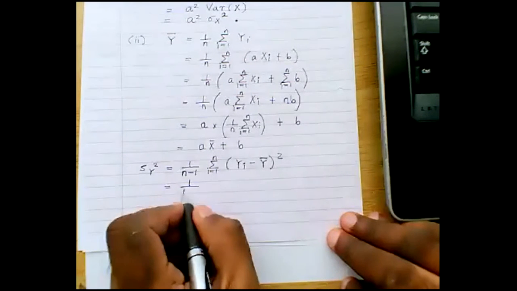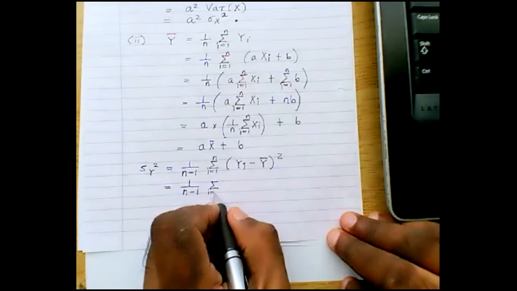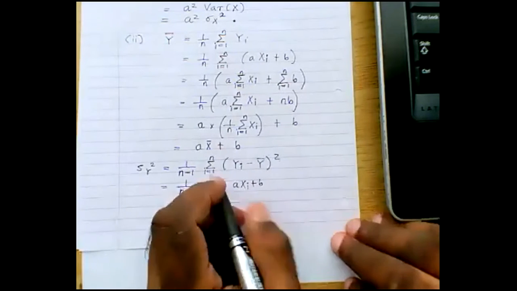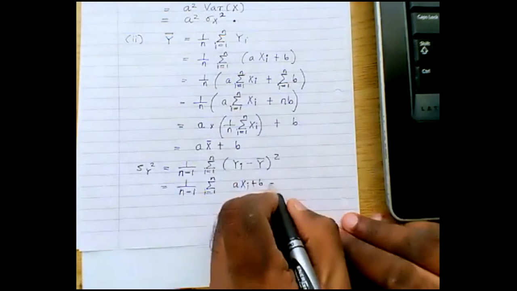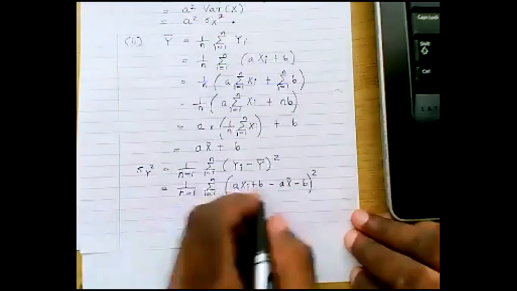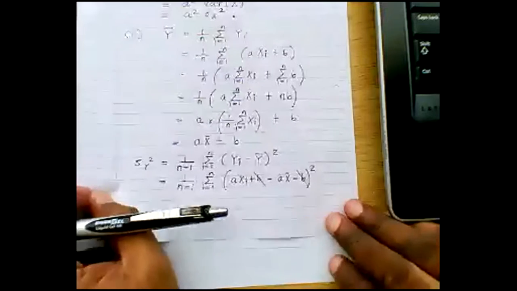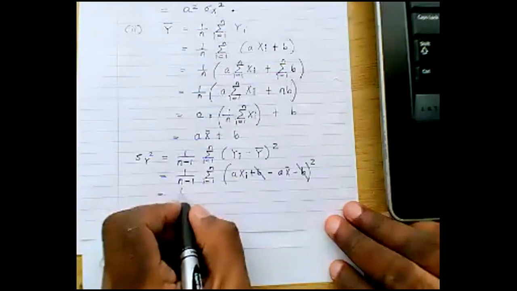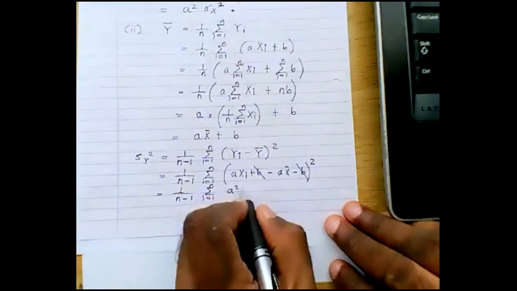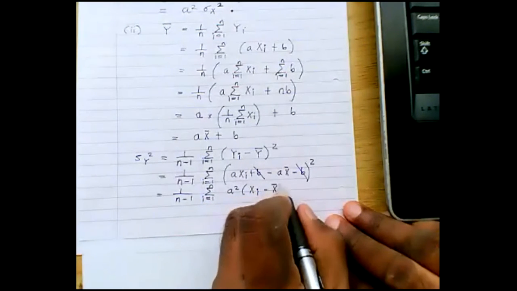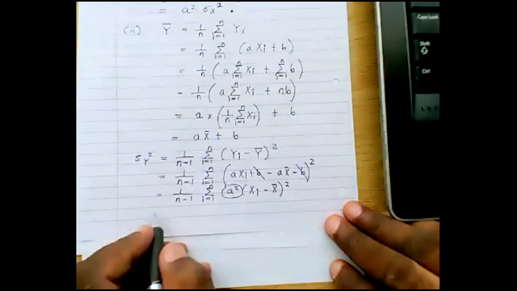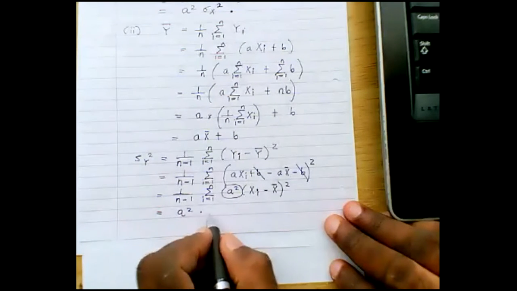So this is 1 over n minus 1, the sum. Now yi, we know yi is a xi plus b, right? And we know from here that y bar is a x bar plus b. So you have a x bar minus b. Okay. And these two cancel out. So what you have is the following. You have a squared times xi minus x bar squared. Now a squared is a constant with respect to i, so you can pull it outside. So this becomes a squared multiplied by